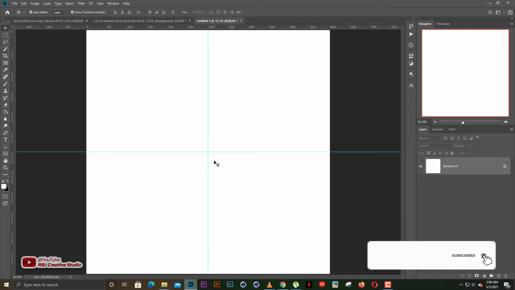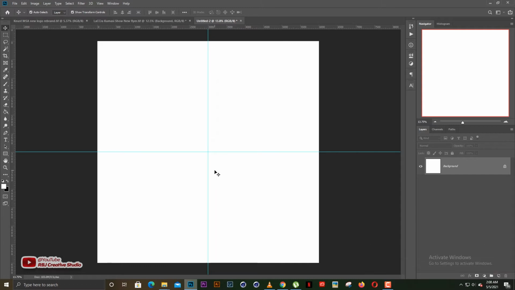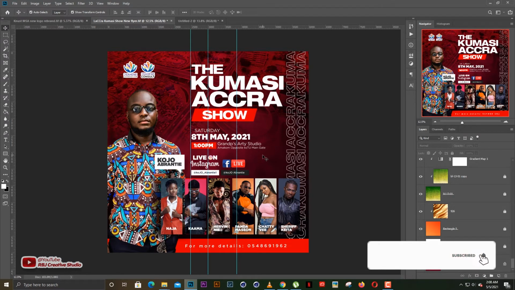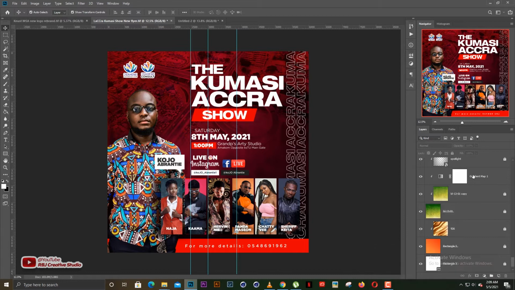Okay, so today's tutorial, I've been going over backgrounds over and over, but this time around we want a background that is quite solid, very solid, like this artwork here. I did this artwork for a client, and the background was very solid. I overlaid a texture with a gradient map. So the color, that's the reddish